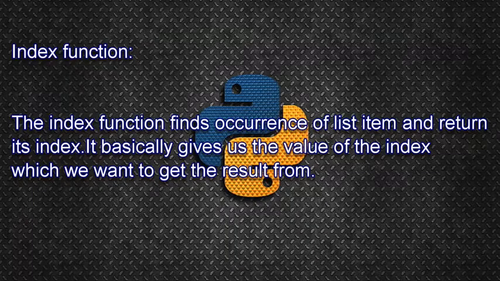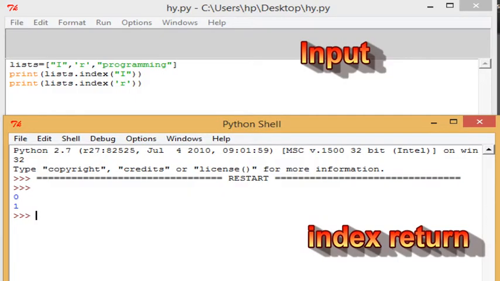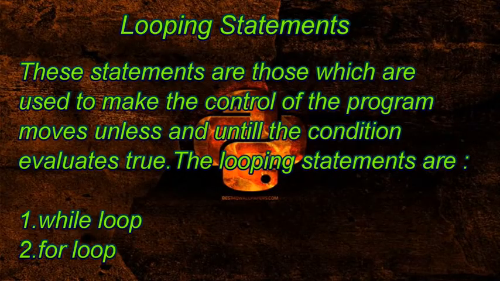Another function that we have available is the index function. The index function is basically used to return the index number of a value that we have declared in a list. If we write the letter dot index, with the letter that we have entered, it will tell us the index value. Like you can see in the output, when I enter this number, I get the index at which this number is present. So we are clear about how we work with lists, what the operations are, and what functions are available in lists.